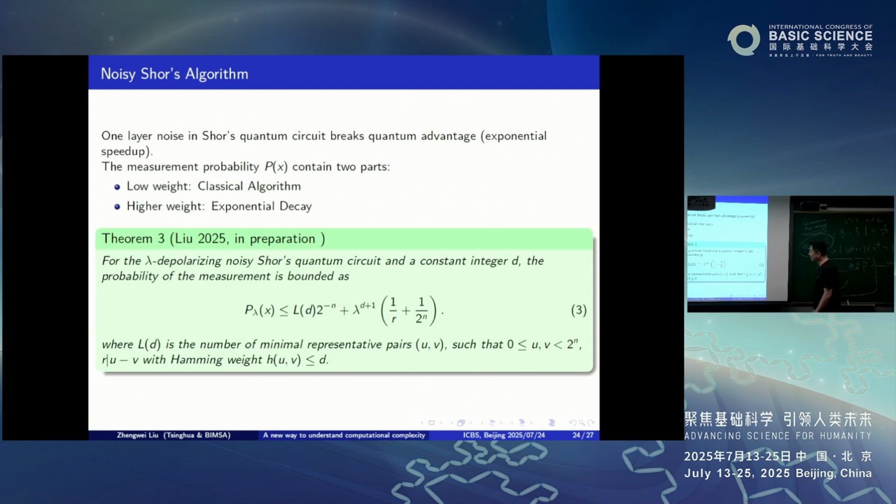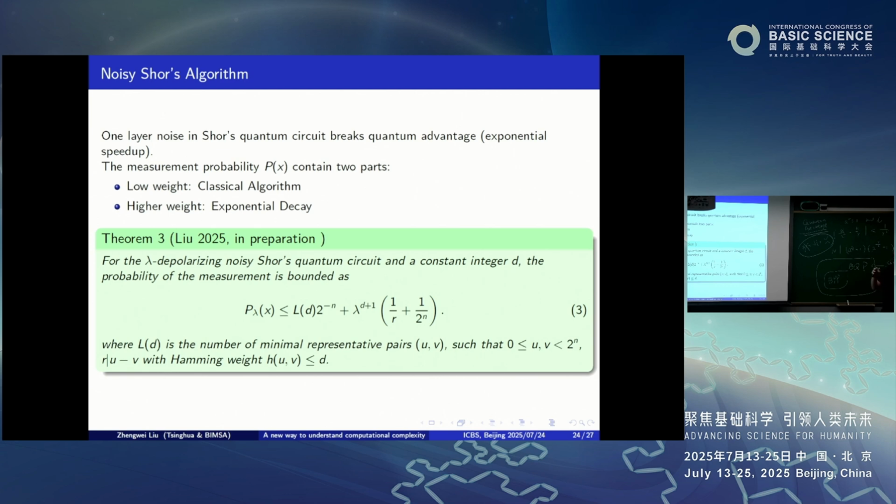But for this part, we can find a classical algorithm in polynomial time to do the same task. So for Shor's algorithm, in that sense, it's not clear whether it really has quantum advantage. But again, this classical algorithm has a very, very high polynomial degree, so in practice it's impractical.